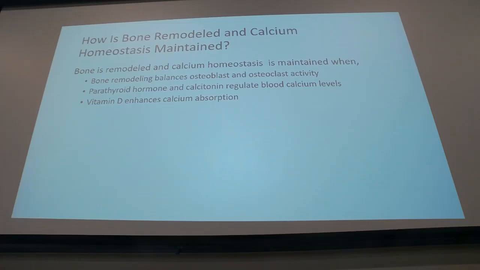And then you have this hormone, parathyroid hormone, that is released by 4 tiny glands that we have behind the thyroid gland that we have here. It helps to increase calcium levels when your calcium levels are low. So they activate your osteoclasts and they inactivate your osteoblasts. But then we have the antagonistic hormone, which is calcitonin. It has the opposite effect of parathyroid hormone. This one deposits bone, and this one is produced by the large gland that we have in our neck,